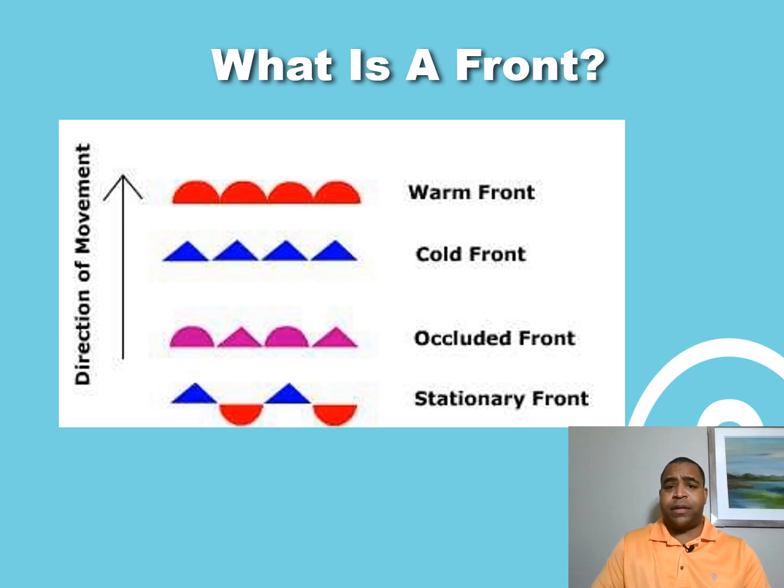Today, because this is a very basic level meteorology course, I'm only going to talk about warm fronts and cold fronts. But just so that you know, usually in the United States, most fronts move from west to east. And that's all because of our winds. Usually you have a warm front and a cold front. They'll usually move from the left of a map to the right of a map. Now, every now and then there's some crazy stuff that happens where you'll actually have a cold front move backwards. And that's why we call it a backdoor cold front. I'm not going to get into why that happens, but just so that you know, it does periodically happen.